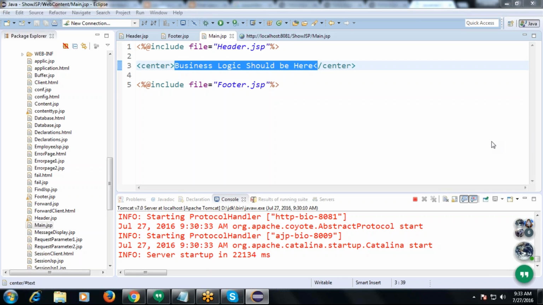Yes. That's very important. Understood? That is about the second type of directive, which is called include.